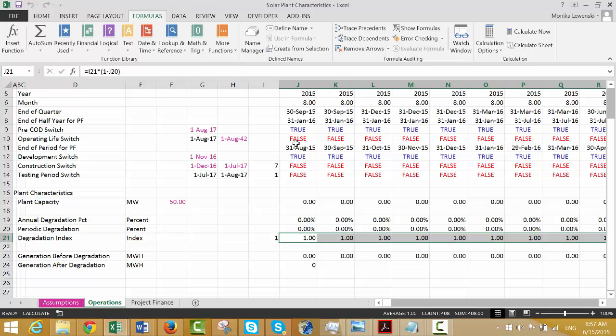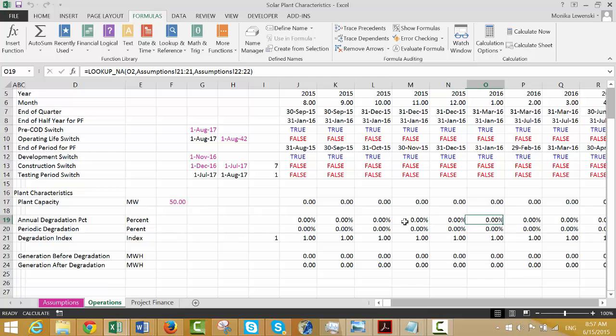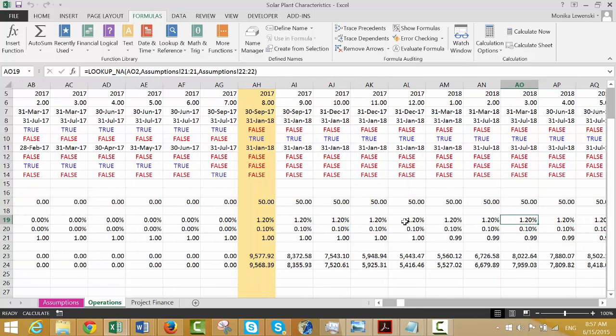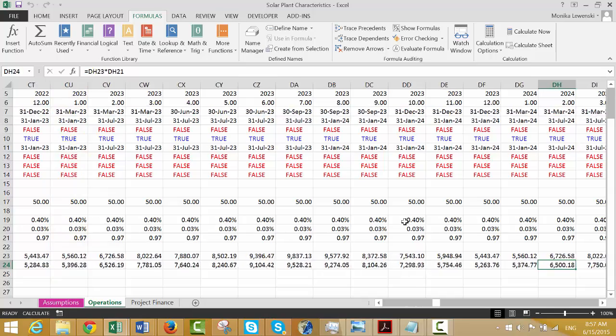Okay, Shift Control R. I didn't. Shift Control R. And let's calculate the sheet. You can, of course, press Shift F9. Now that one seemed to go a little more quickly. Why did that one go more quickly? I have no idea. So this is our net generation,